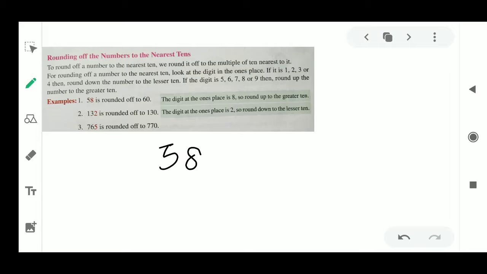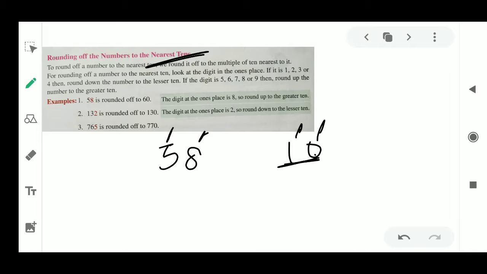So what is the rule to round up the number? First of all, in the question it will be given like round up to the nearest 10, nearest 100, or nearest 1000. Whatever they ask will be written. So here we will take the nearest 10. Nearest 10 means here you can see tens. How many digits are there? Ones, tens. You can read it: ones, tens. So the same thing we will do here, ones and tens.